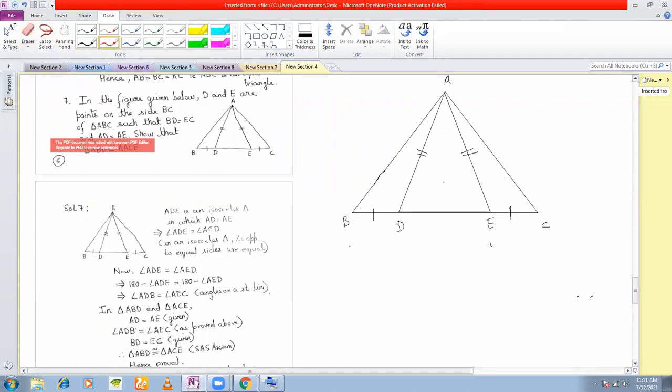First of all, what you see is this triangle here. This is an isosceles triangle, right? This is an isosceles triangle in which sides AD and AE are equal. That means these two angles must be equal, because in an isosceles triangle, opposite to equal sides are equal angles, right? So let us call these two angles X. If these two angles are X, this angle must be how much? 180 minus X, angle on a straight line. This angle must also be 180 minus X, right? So these two angles are also equal.